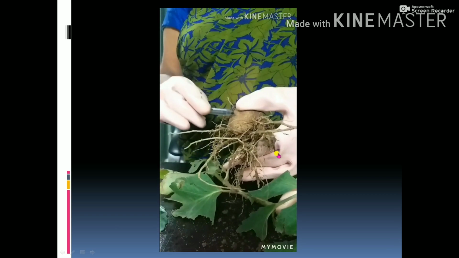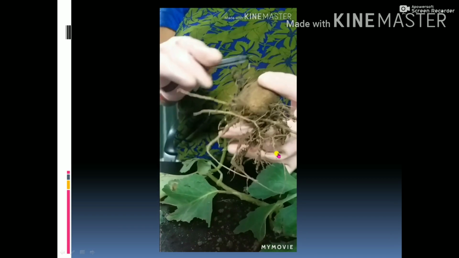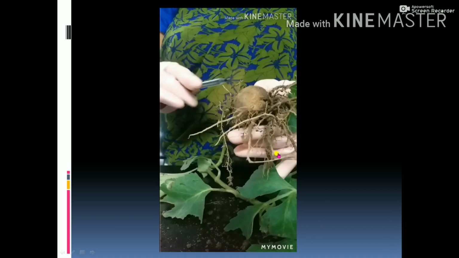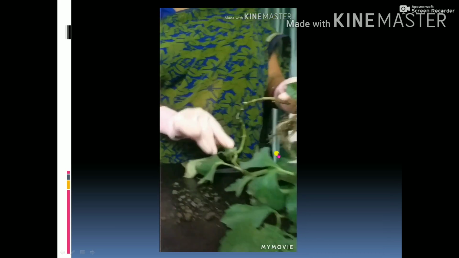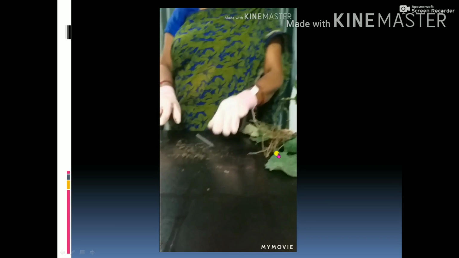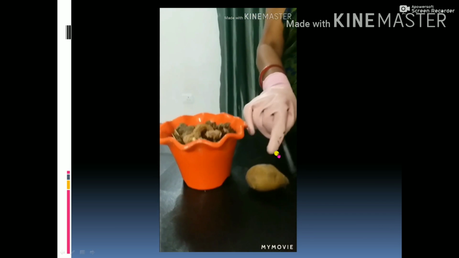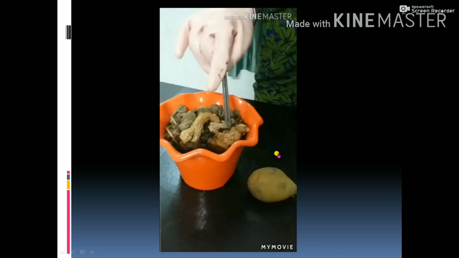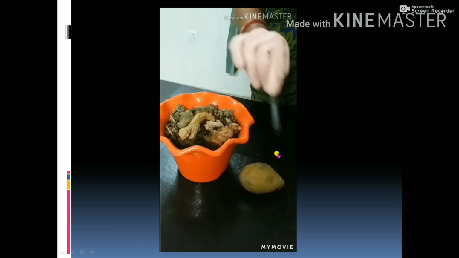Clear? So in dahlia, what can you say? The reproduction takes place through root. This is looking like a root. Also I have given you the example of sweet potato. In sweet potato also, many roots will arise from here. Okay? So you have seen clearly the mode of vegetative reproduction in different kinds of plants. Again I am recalling to you. See here, these are the parts of ginger and potato. These are underground stems.